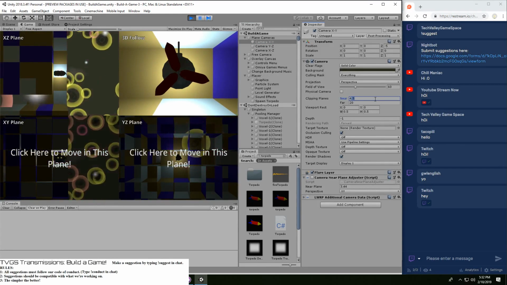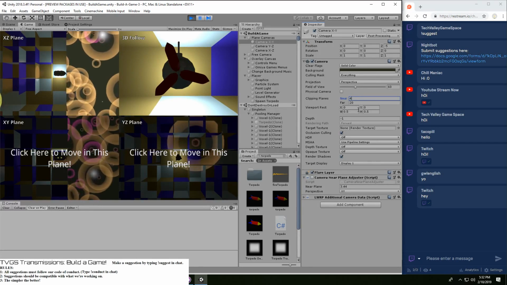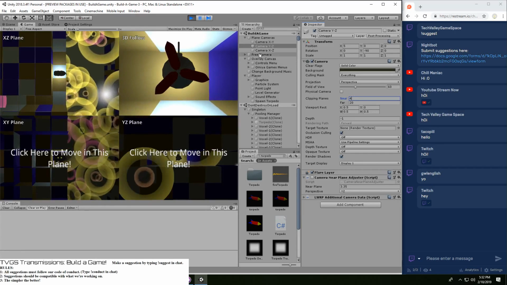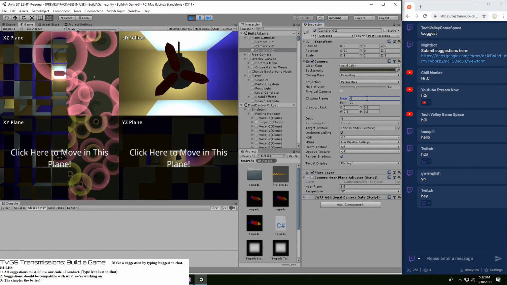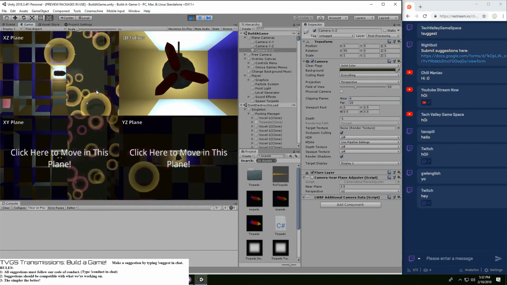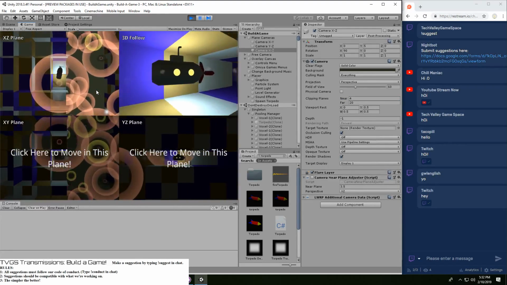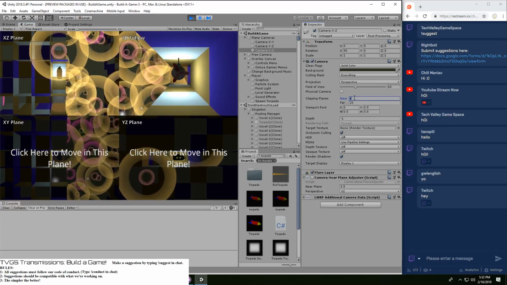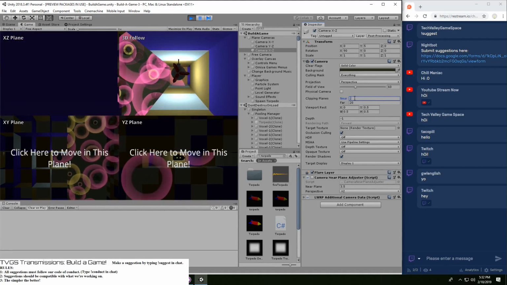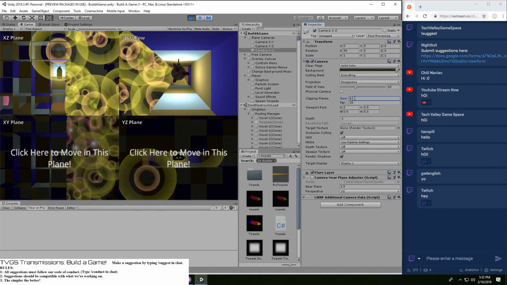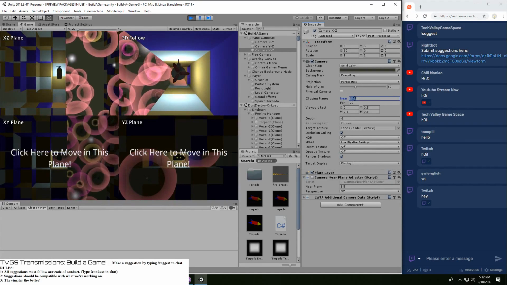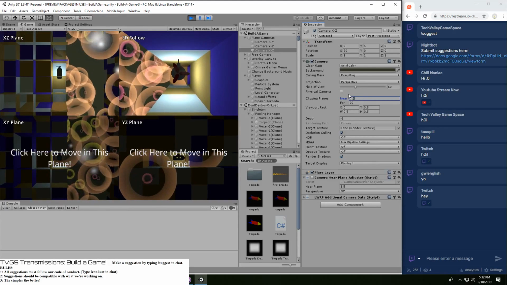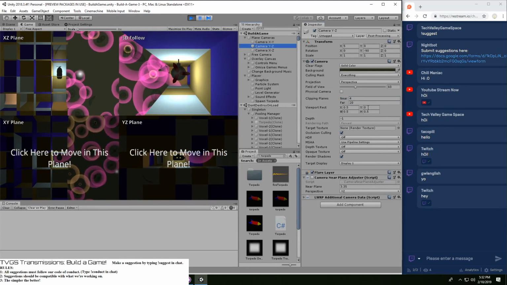Smaller numbers are better actually in this case. Okay, so 4.5 is not good, but how about 4.75? Oops, not 75. 4.25. Yeah, that's better.